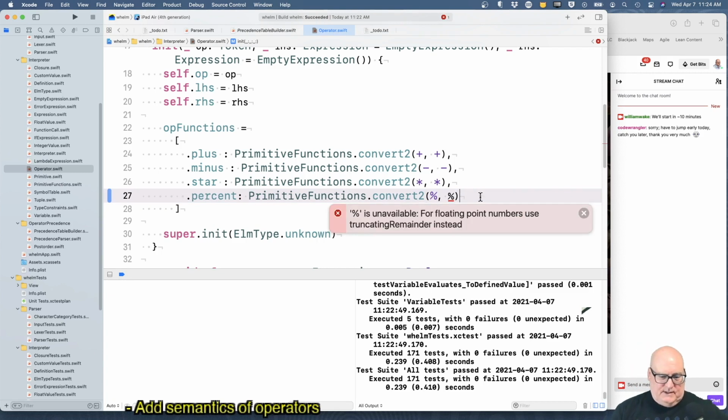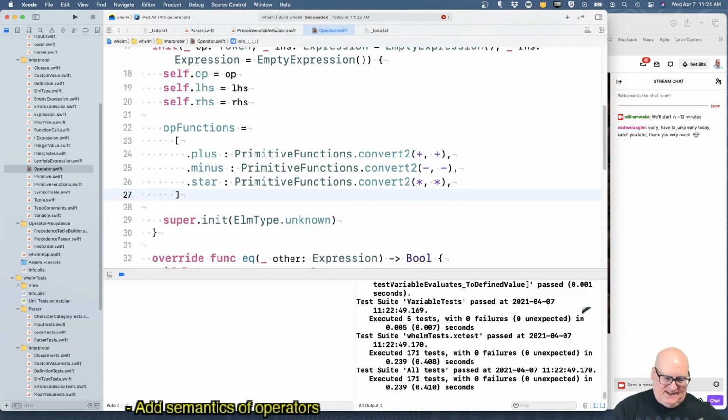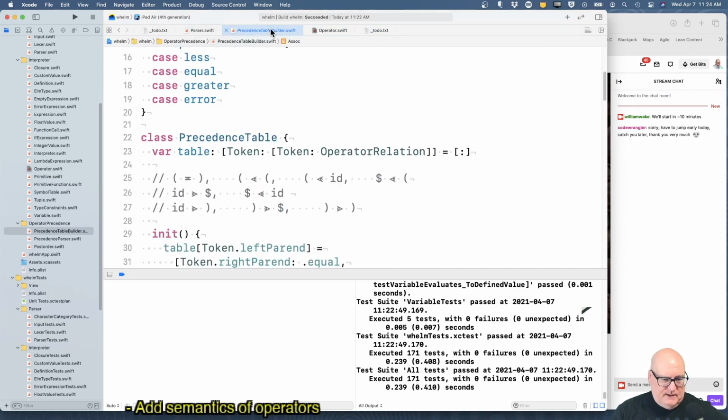For floating point, use truncating remainder. Okay, we can't do that one easily either. We'll have to build up a set of converts that handle specific cases like that. Or, yeah, we'll have to define our own operators, basically.